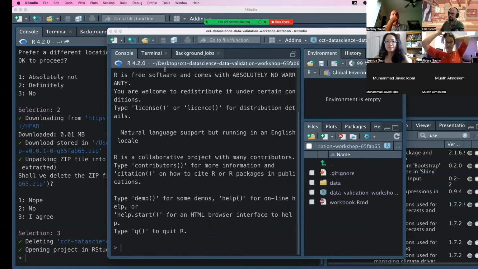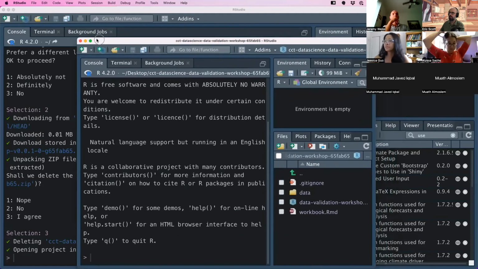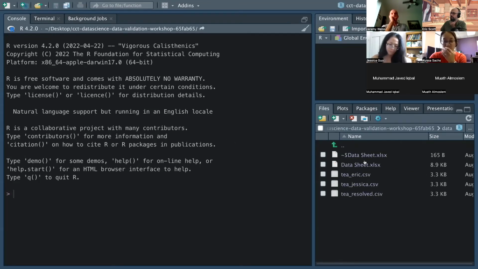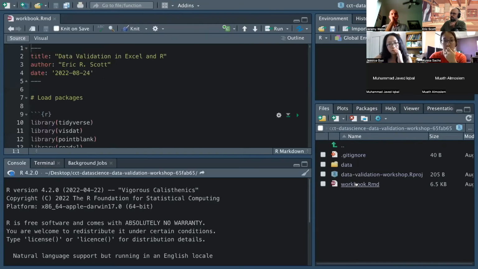So we're going to move over to RStudio here. And this is that project that I created at the beginning. So in this data folder, we can see now that there's this T_Eric and T_Jessica, and that's what we're going to use for checking out our double entry. So if you open up this workbook.Rmd,